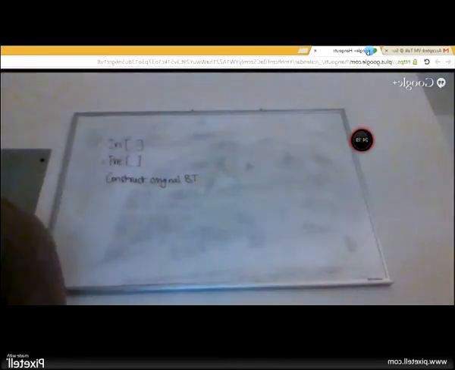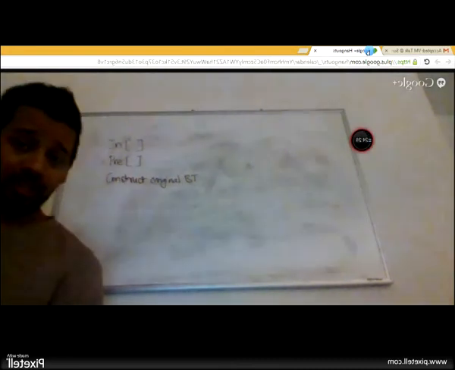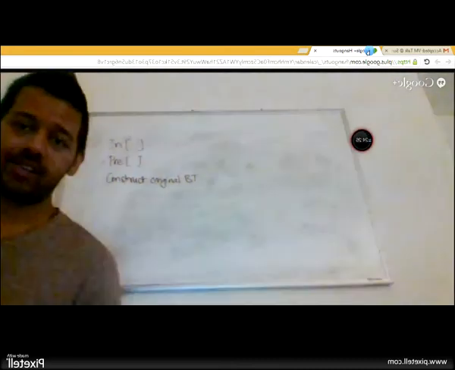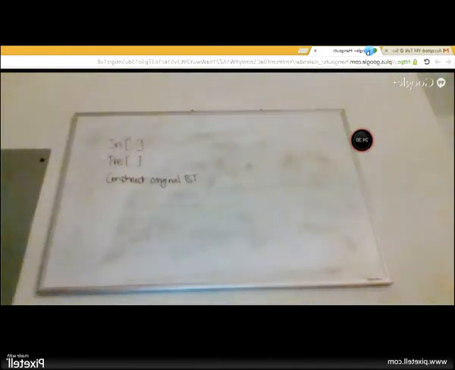Bharat, I understood the concept. What is the concept? In pre-order, the first node is the root. So you get the root node, and then check for the position of the root in in-order. The elements to the left of the root in in-order will be the left subtree, and the nodes to the right of the root in in-order traversal will be the right subtree. Okay, perfect, that works.